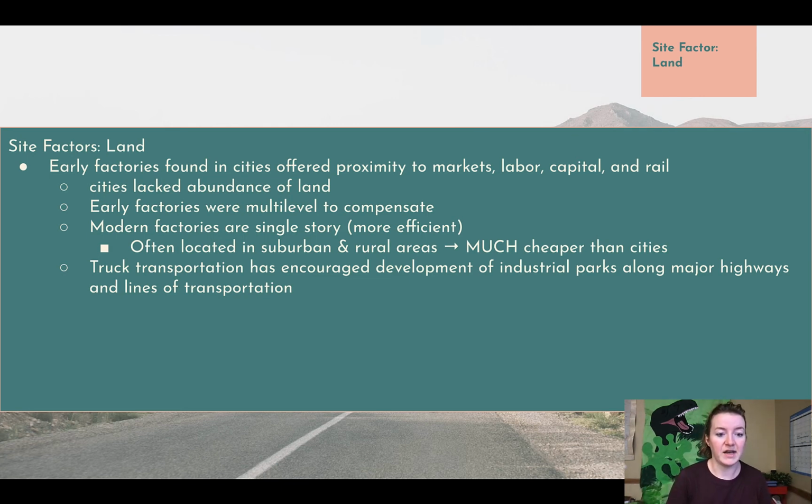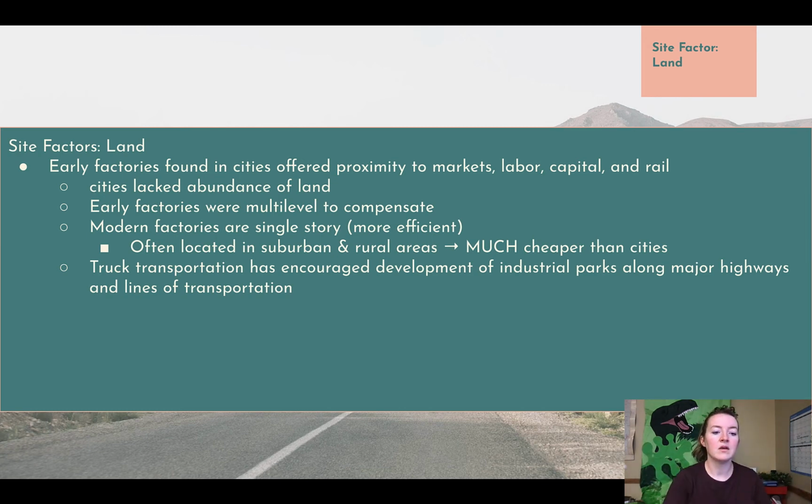Modern factories, however, are single story, and this is going to make them much more efficient. You don't have to go up through things. You can make one level. You might often see the little carts that drive around if it's a really big facility. That typically is going to be a lot more efficient, especially if you're building things that are really heavy, that are delicate and difficult to move, rather than having to go up and down different stories just on the one